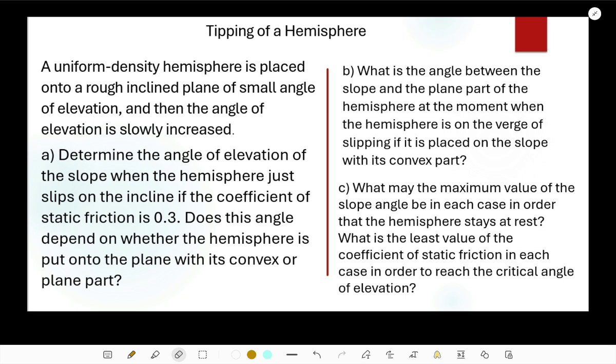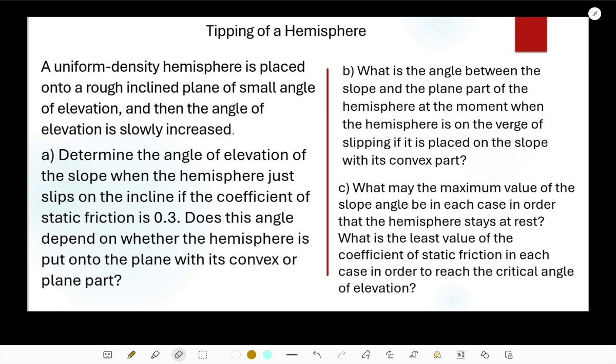And here is the problem statement. A uniform density hemisphere, that means mass density is uniform, is placed onto a rough inclined plane of a small angle of elevation for the time being, and the angle of elevation is slowly increased. Then the first part of the problem